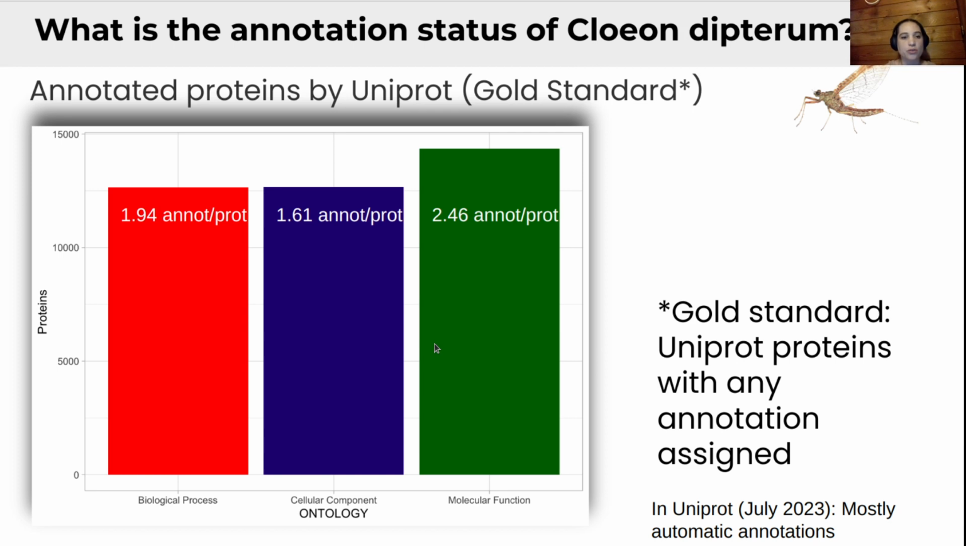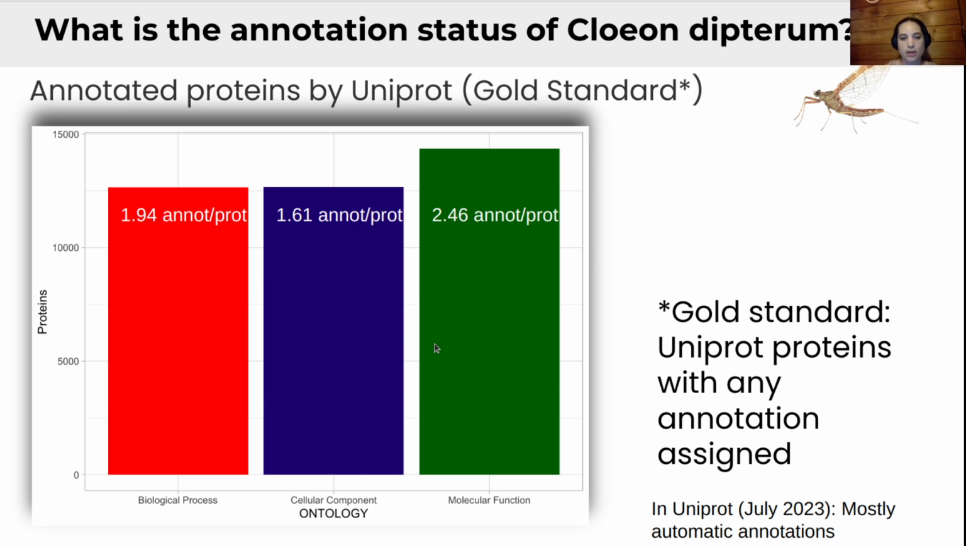What do we know about the annotation status of Cleomdipteron? If we check the annotation status, we will consider the annotated proteins of UniProt as the gold standard, because we don't have any other annotation file of reference. So we are going to consider all annotation as the truth, because it's the only annotation reference that we have to compare with. So here we can find the mean number per protein of annotations that we obtain from UniProt